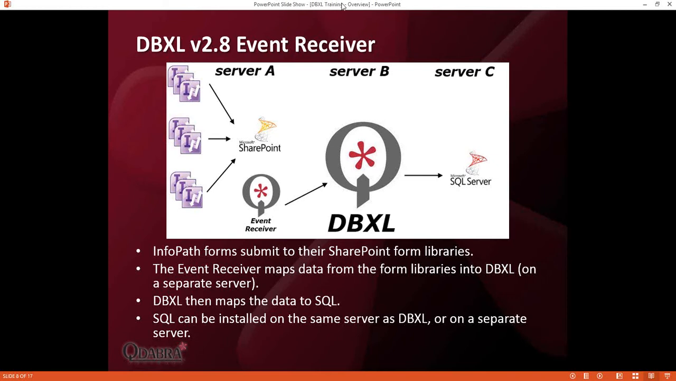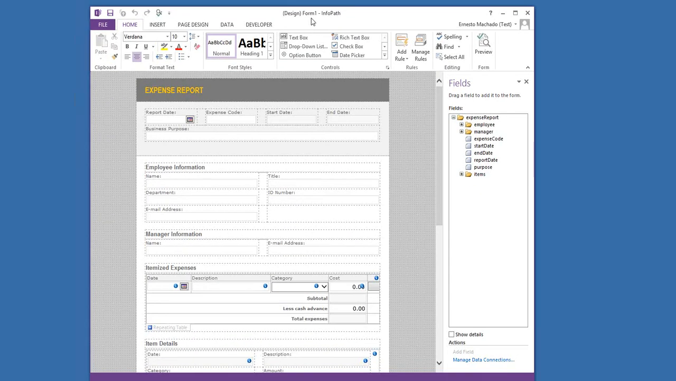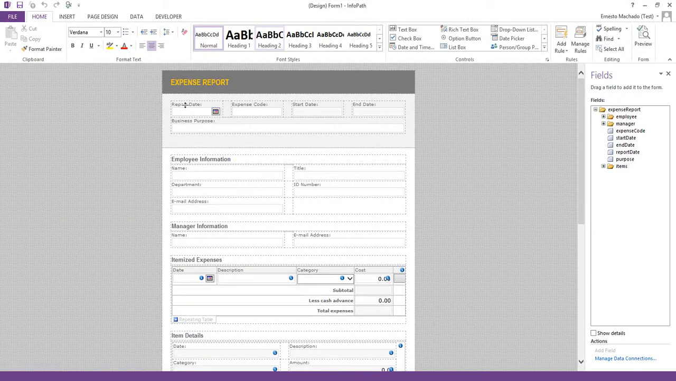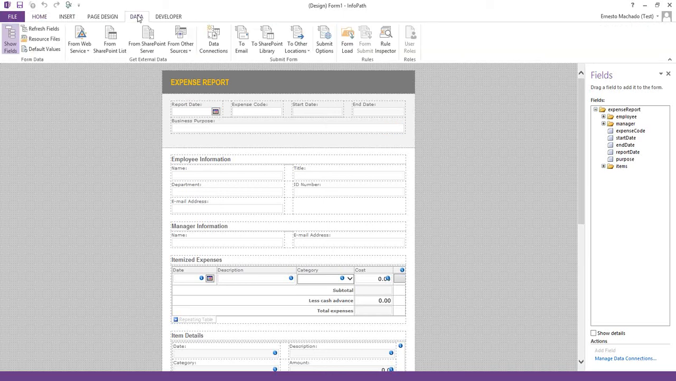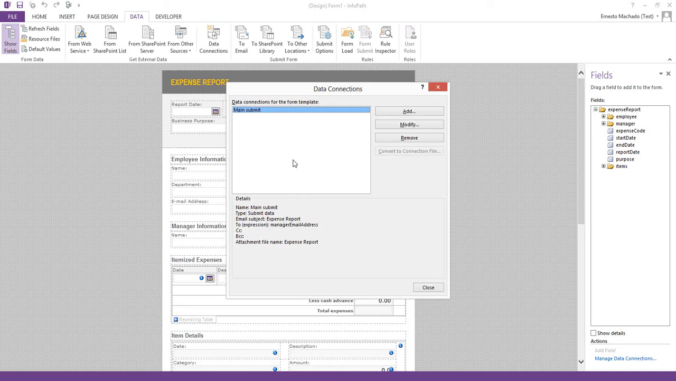So let me remove this slide and dig right into the form. So this is the expense report sample form that has been available in InfoPath since 2007. Comes with a main submit data connection. I'm going to remove that. And all I need to add is a data connection that submits to the form library. But I don't have a form library yet. So